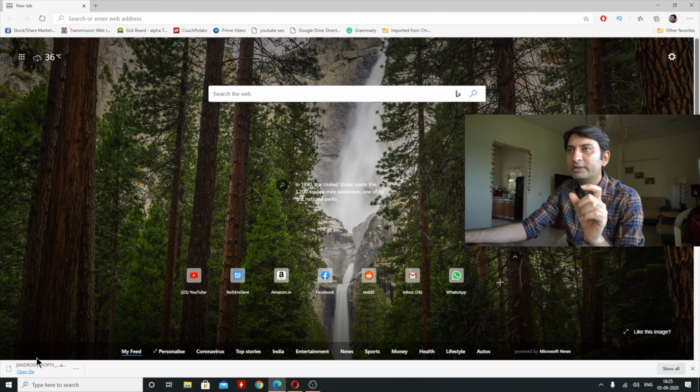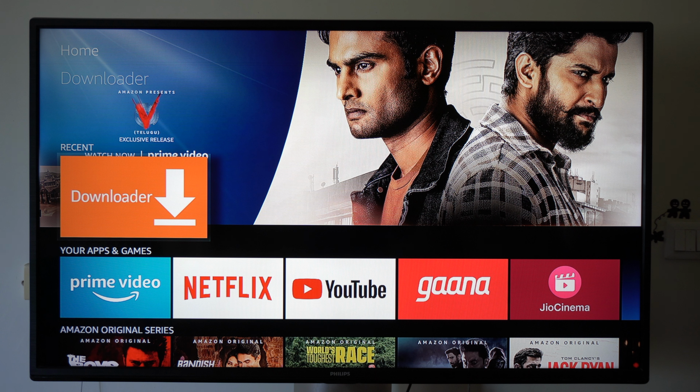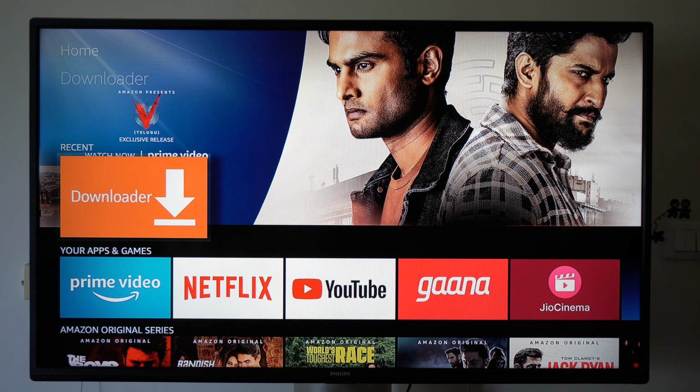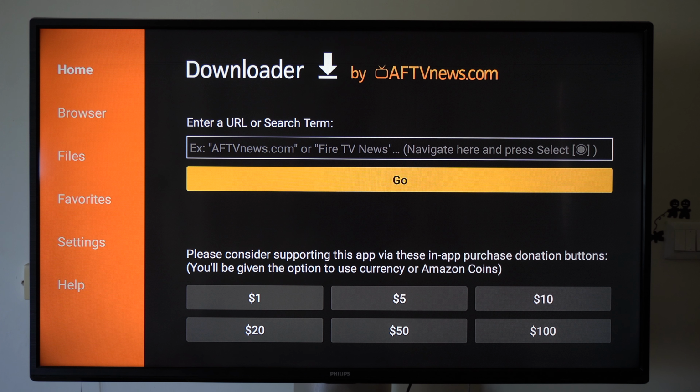So now what we can do is we can copy this link or note this link somewhere and then we can head on to our Amazon Fire TV stick and let us try to download Thop TV directly on our Amazon Fire TV stick. So as you can see, we are now on our Amazon Fire TV stick. Now all you have to do is go to downloader and open it. And in the URL field, you have to enter the URL that we just created on our computer or mobile.